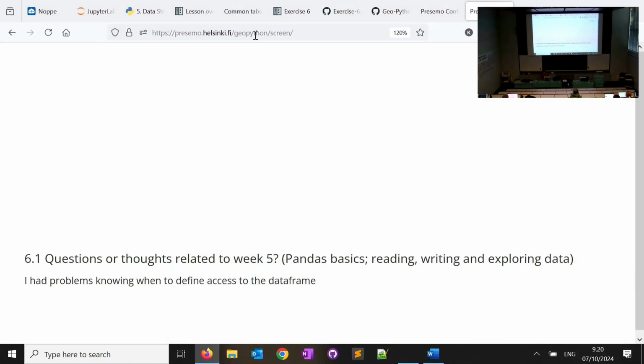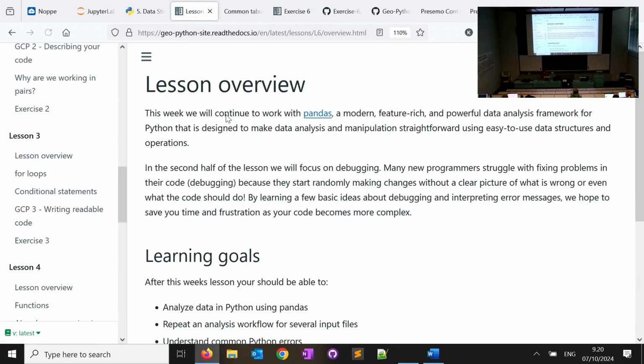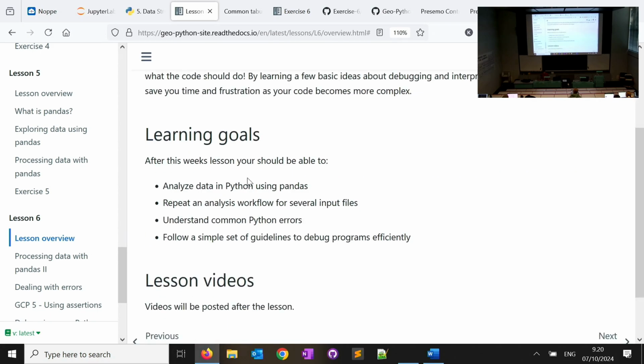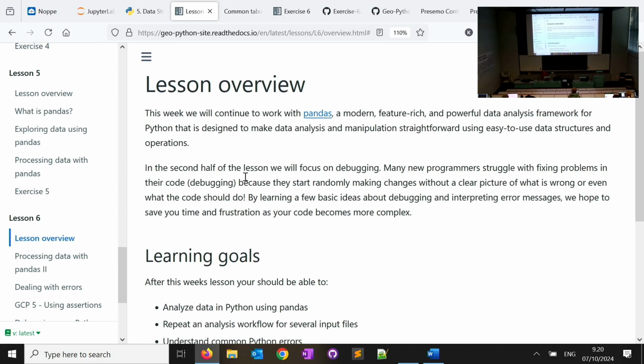Let's get started with the actual lesson of today. I will start with the course's website to have an overview of what we are going to learn today. As I promised, we are going to continue with pandas, and we are going to do a bit, not more difficult, but a bit more challenging analysis. So we are going to spend more time. Some of you wanted things to be explained a bit better, so I tried to be a bit more detailed with how I explain things today.